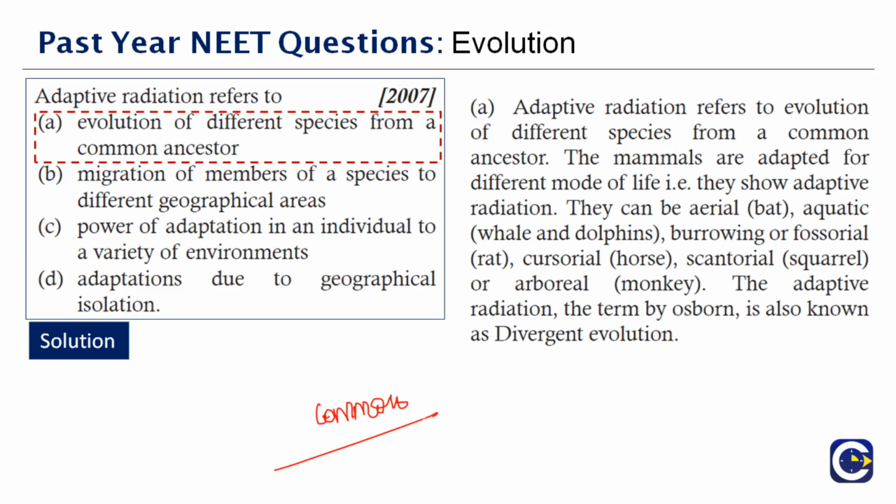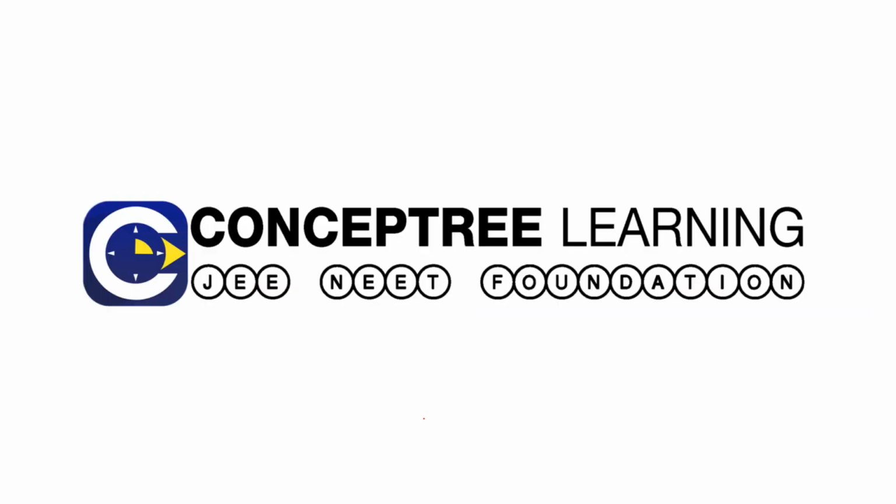Therefore, the right answer to this question is evolution of different species from a common ancestor is termed as adaptive radiation. Okay. So with this, we complete the evolution part 2